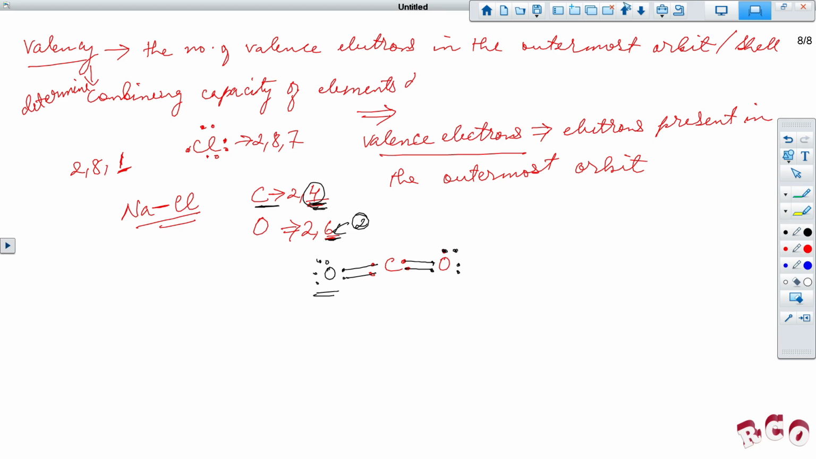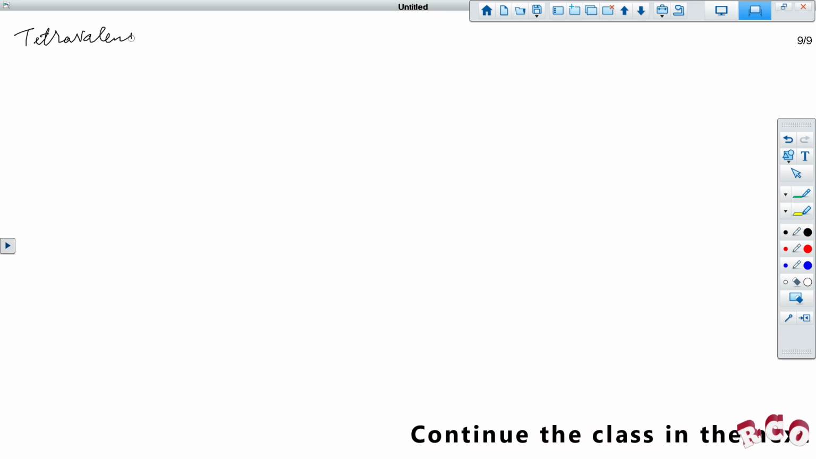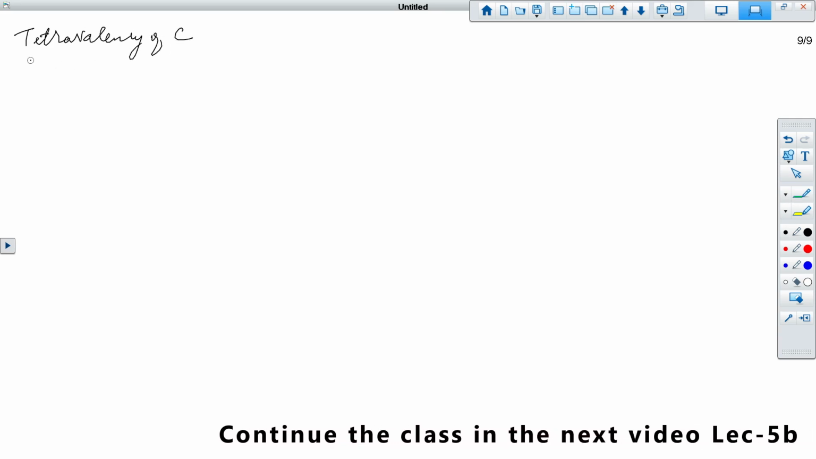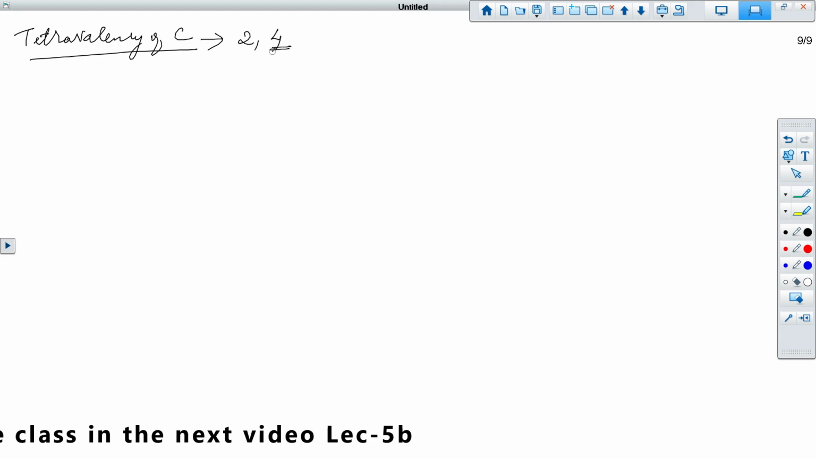Let us study the tetravalency of carbon. Carbon's electronic configuration is 2, 4, and 4 electrons in the outermost orbit. So it can form